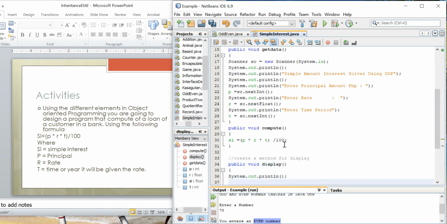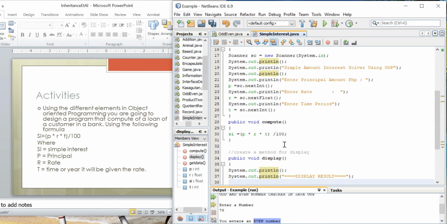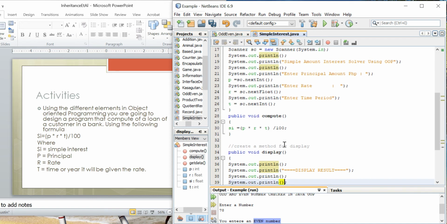And then, of course, ito yung pang ano lang, for we have display result 1 2 3 4, and we have principal amount in peso sign